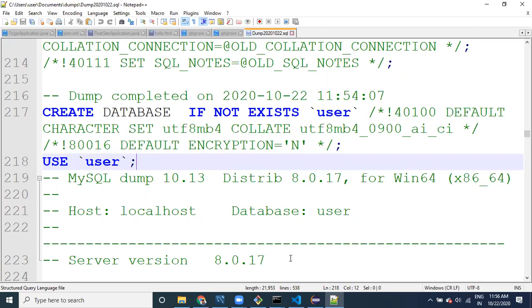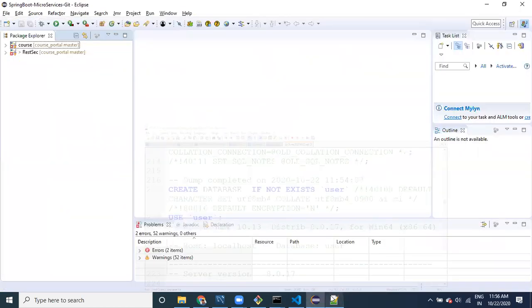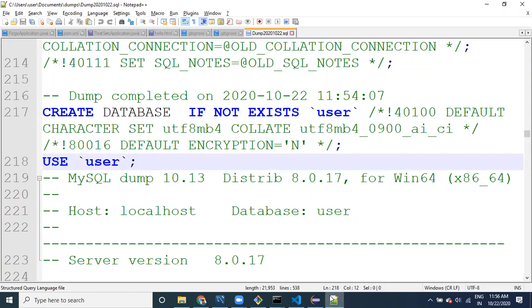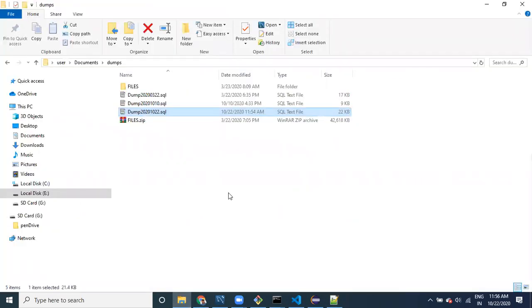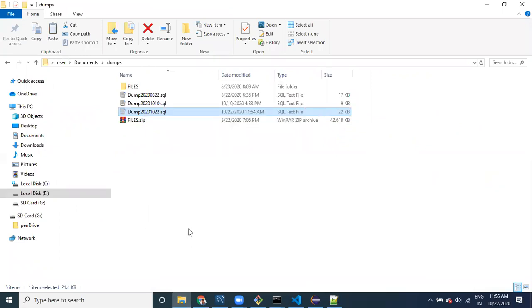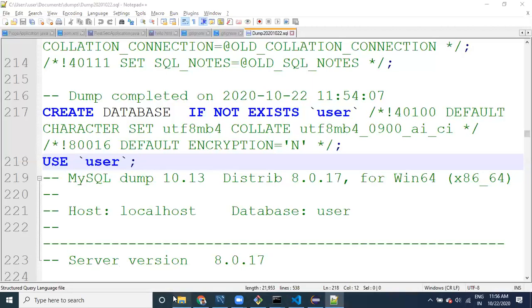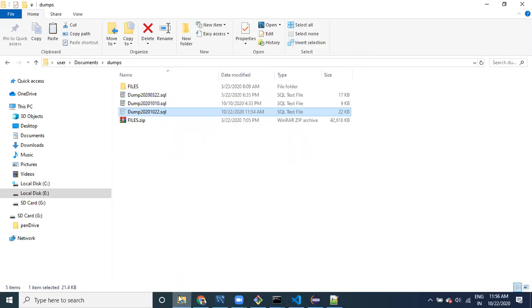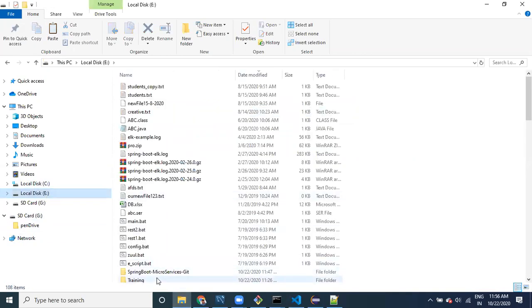The next thing that we need to do here is, whatever files we have created, we have to send it to the backend, database schema. Where is that available?